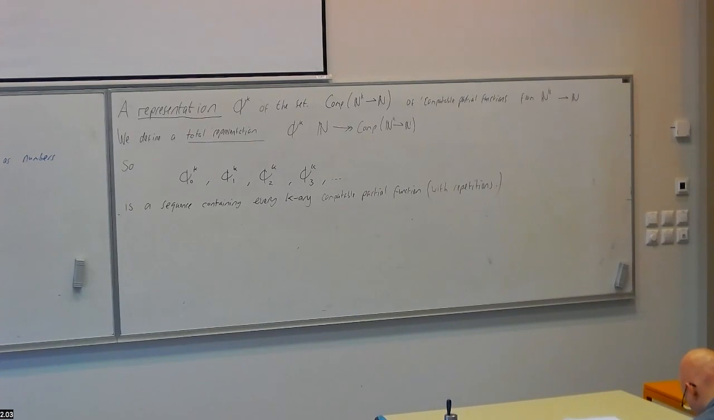So phi to the k subscript e applied to x1 through to xk is defined to be, well, it's a partial function, so it's Kleene equality. The point is we need to decide when it's defined, and if it's defined, we need to give it a number as a result. So we give it the value y, a natural number, if,